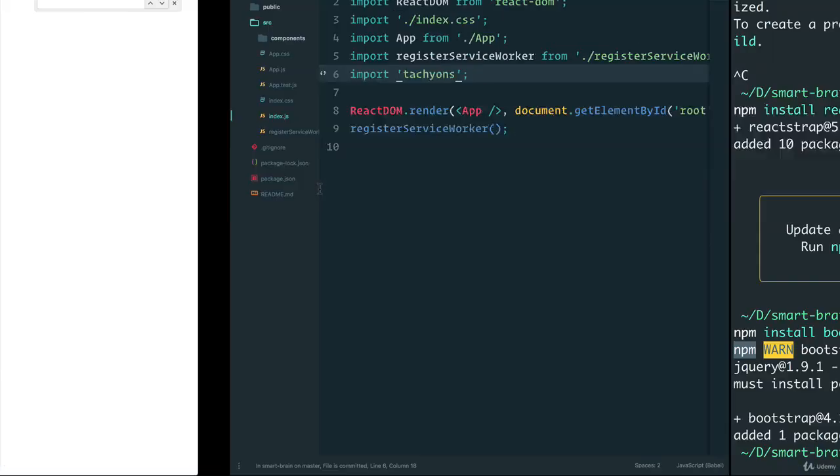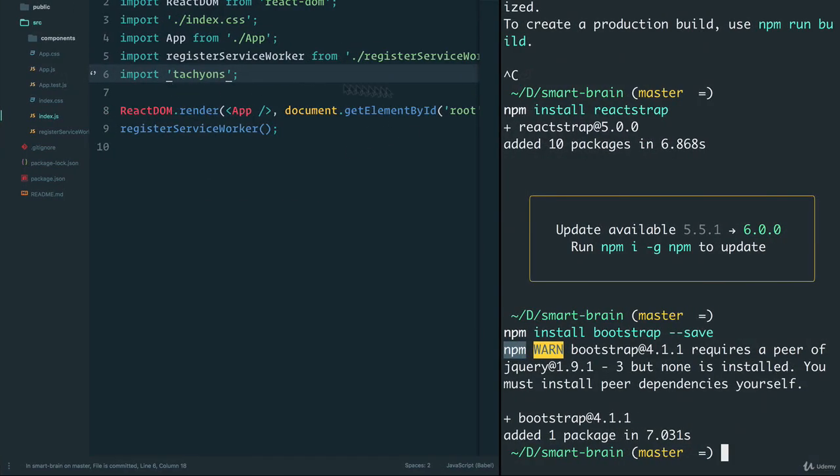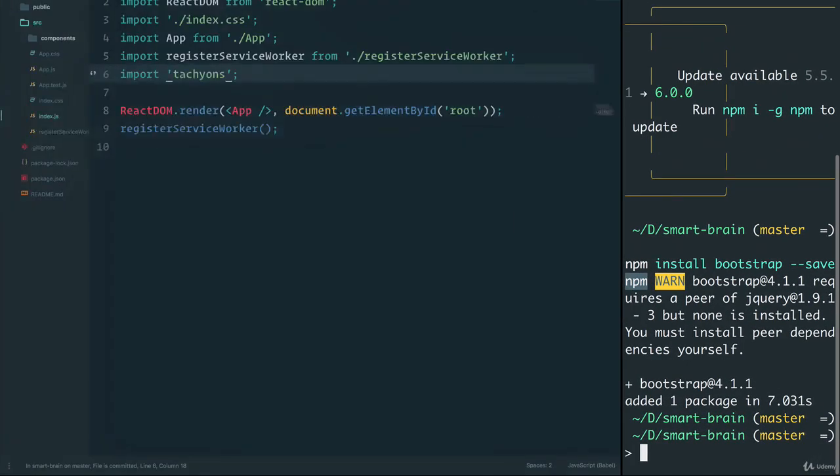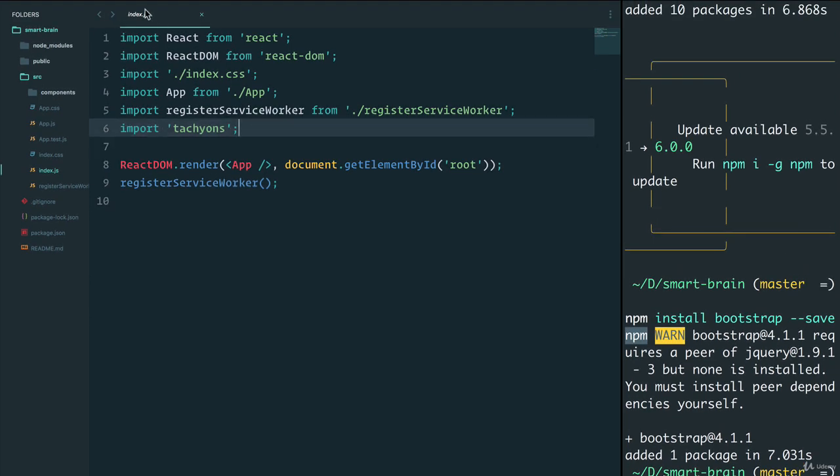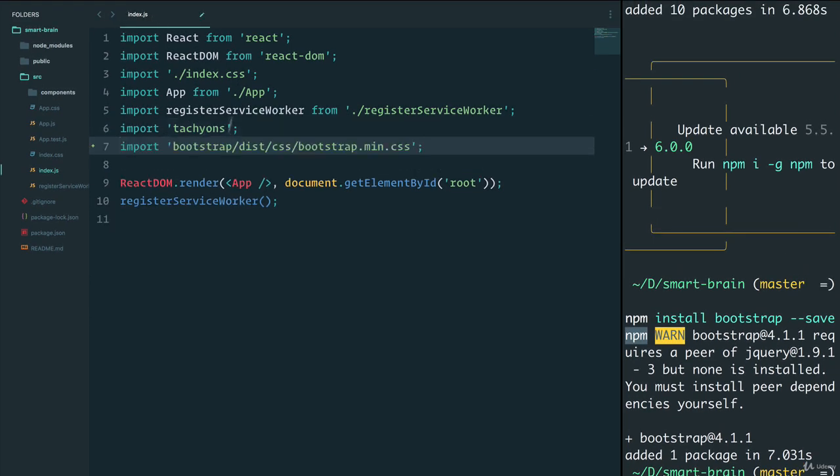Now, let's import this CSS file. And if you see over here, we now can go into our index.js and import Bootstrap with the minified CSS. Now, here's the thing, and here's how things work with Create React App. They grab all the CSS files that it finds, and it bundles them together. So right now, the way we have things, Tachyons, which already has some CSS classes that we're going to be